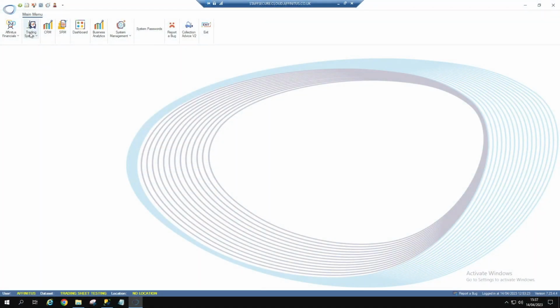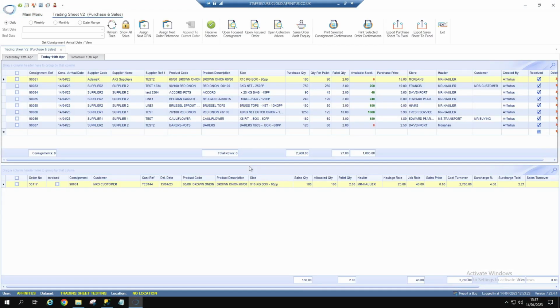Hi, so I'm going to go through the trading sheet screen, which is a screen we've developed utilizing two main core parts of our system. One is the purchase consignment entry side, and the other is our sales order entry side. We combine them together so that you can create consignments very quickly on the fly, add products to those consignments, and append more than one product to that consignment. You can then set your store, haulier, and potentially your customer and purchase price and receive that all on this